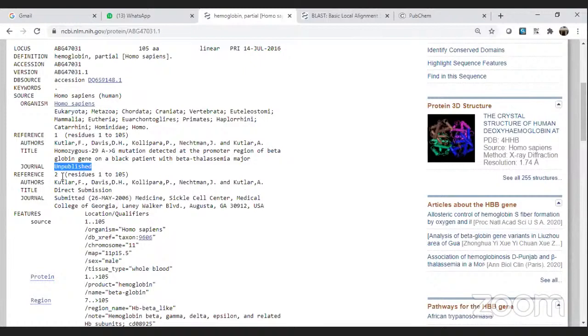So this is reference number 2, and this is direct submission, and you can see that this is published in medicine journal. I think this is not a journal, it is just from the institute, they have submitted it. Okay,